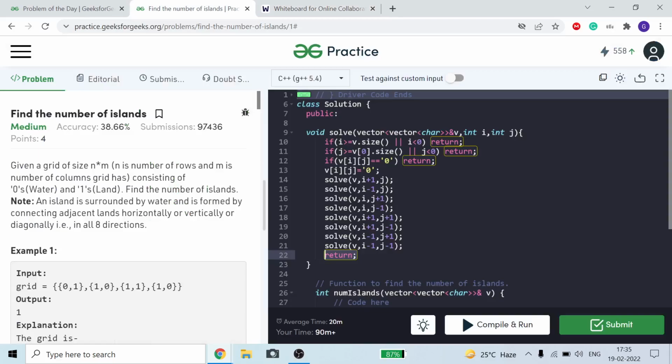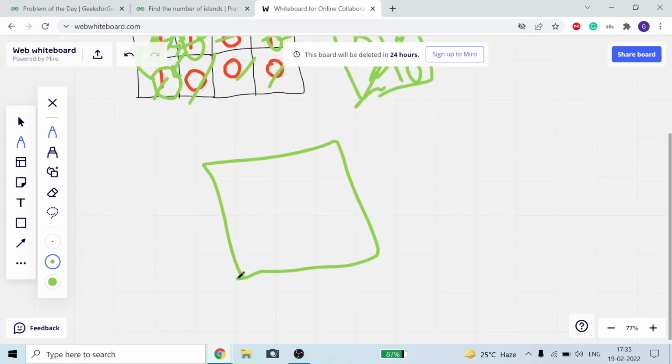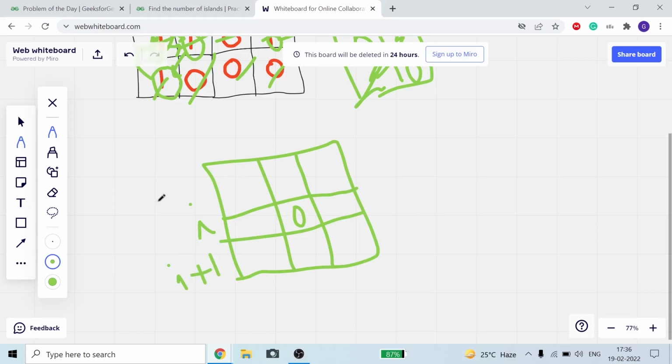Okay, and now what we are doing, we are calling for i plus 1, meaning to the next row. Suppose this is our index, this is our i, this is our i plus 1, this is our i minus 1, this is our current index j, this is our j plus 1, sorry, this is our j minus 1.